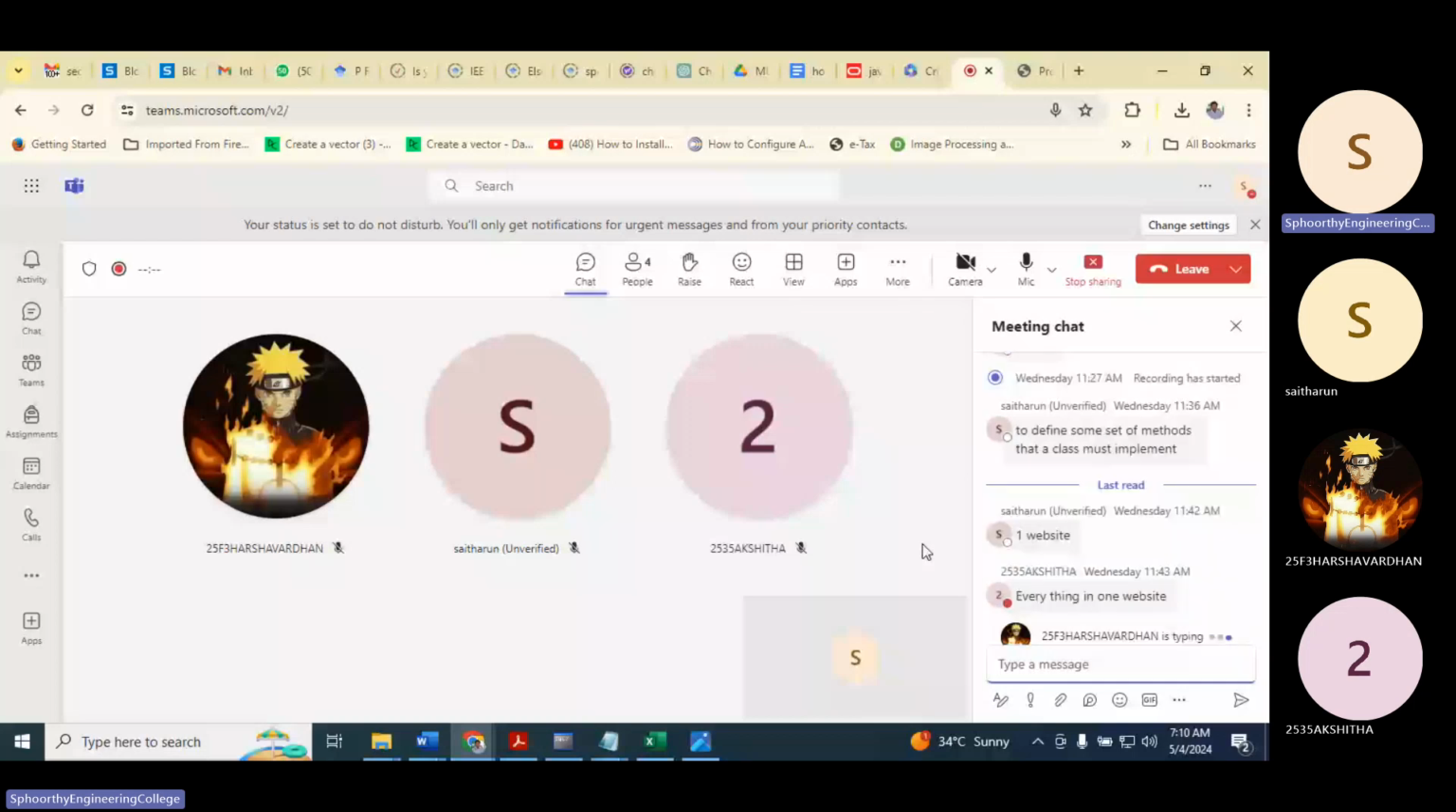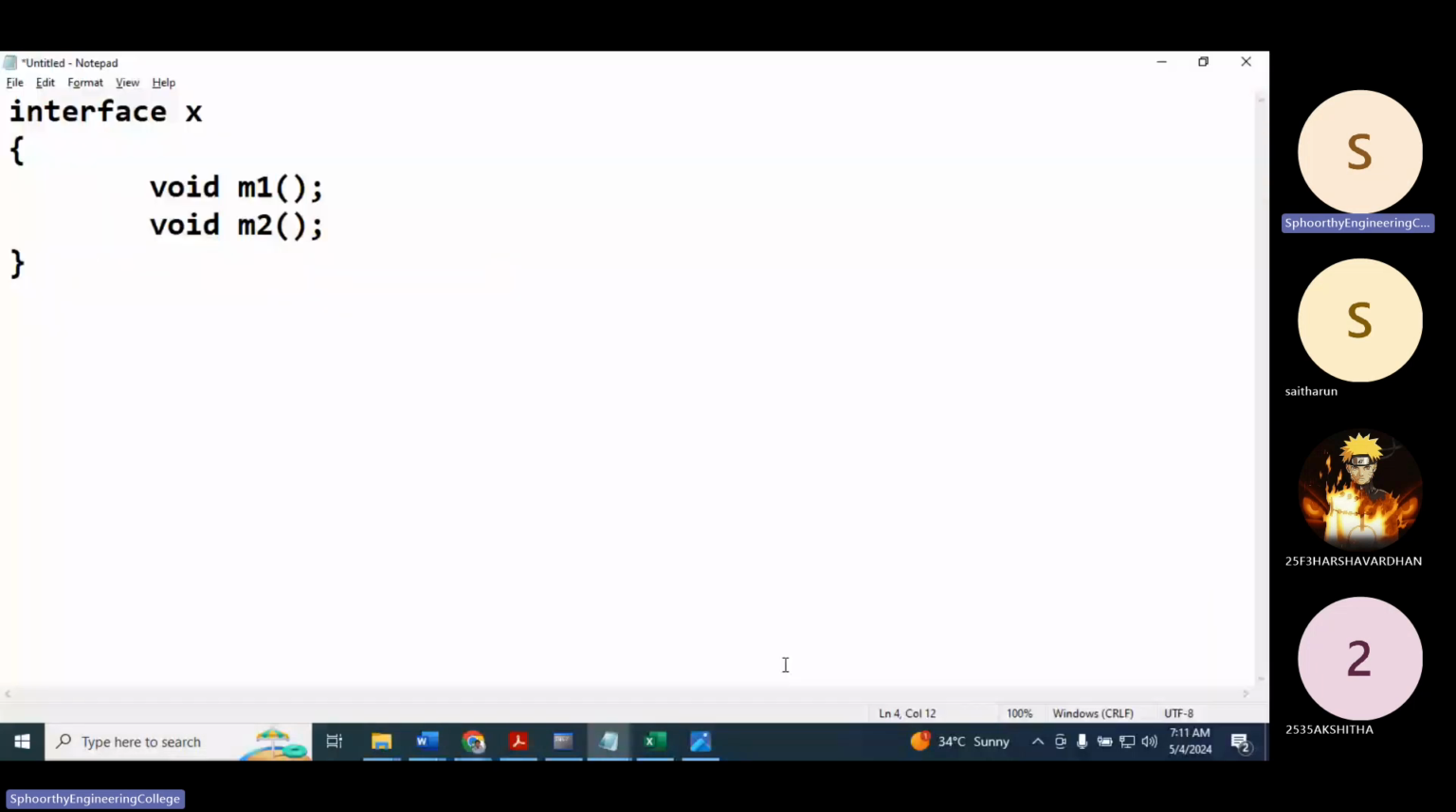Now let me go back to my notepad, and I say we are developing that one website in which all cars information is there. So now see here. Now what I'll do is write an information interface, let me call it car_features. Now let me call this one